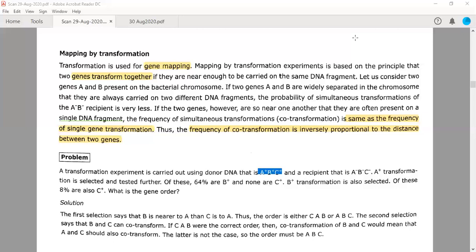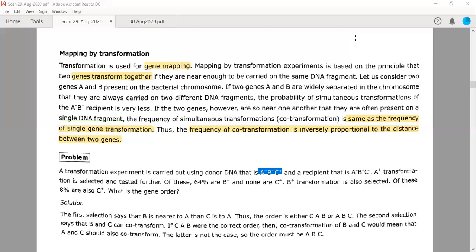Each individual transducing phage carries a different set of closely linked genes representing a small segment of the bacterial genome. There will be many bacteriophages, and all can have different DNA fragments. So in generalized transduction, each part of the bacterial genome has approximately the same probability of being transferred from donor to recipient cell. The probability is the same. Any segment can be transferred from donor to recipient.